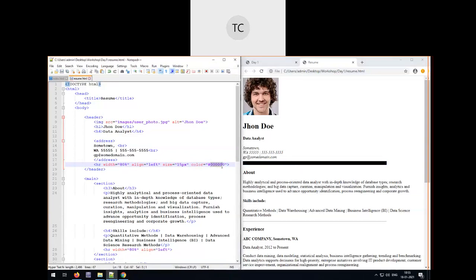0 means nothing, and F is full intensity, full brightness, so this becomes white. Okay, so there is your horizontal rule, but it cannot be seen right now because it is merged with the background color. So 0 is black, F is white,